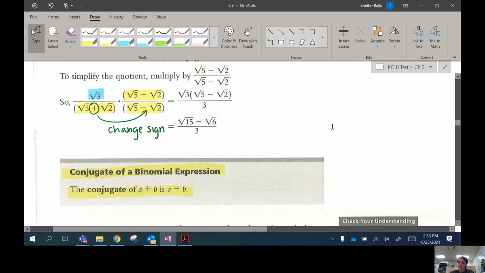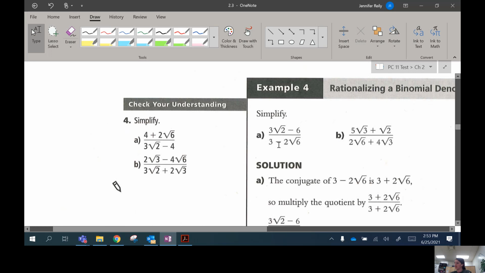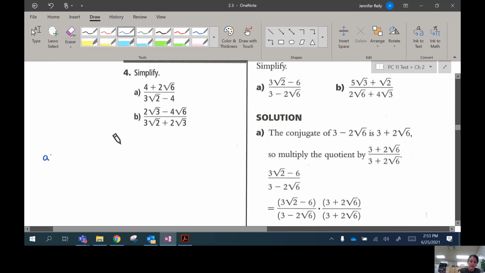Okay, so let's go to the check your understanding on the next page, example 4. I will do the first example, and then you could try the next one. So I'm going to write it out. We're going to rationalize the denominator by multiplying by the conjugate. So I'm going to write on the side here, the conjugate